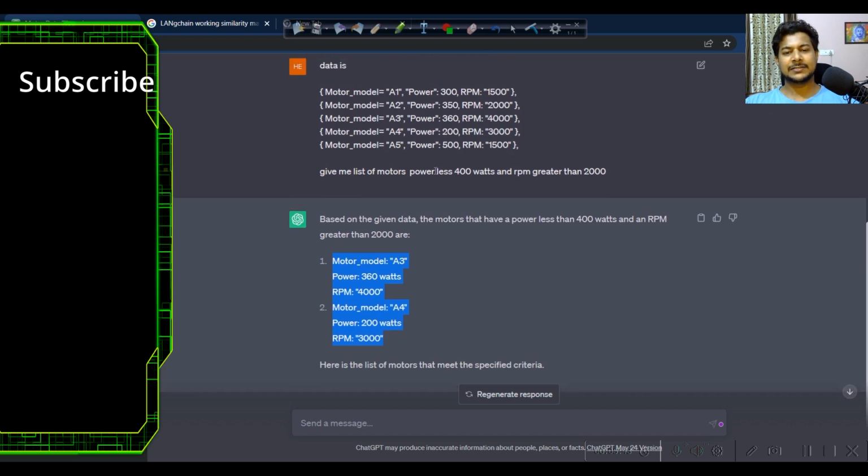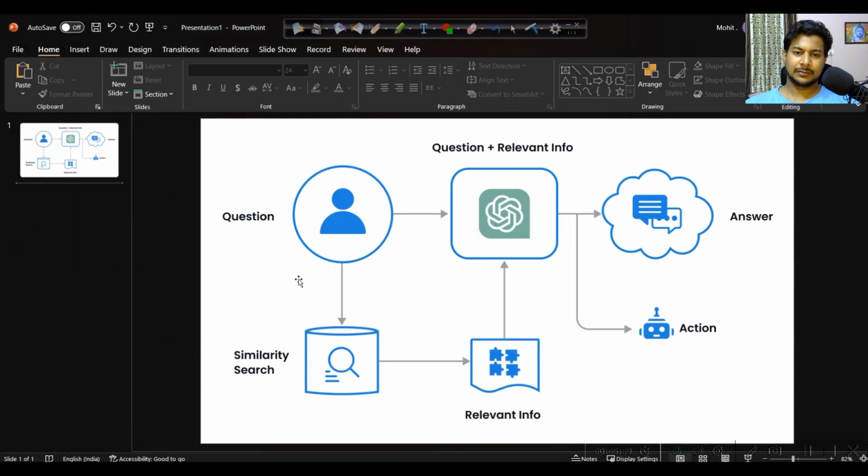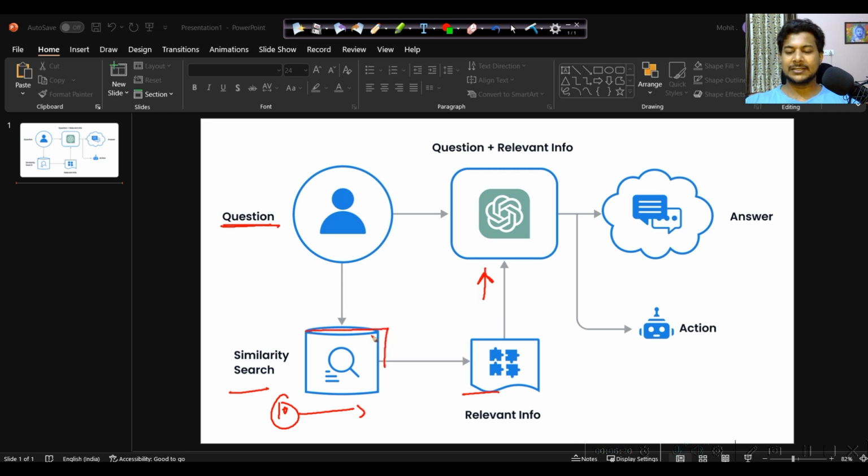So the LLM can give us an accurate result, but the problem is, consider if this size is very large. Consider I have 10,000 records, so it is not possible to send all the records to the LLM. So we first perform similarity matching, and once we get the top 10 records, these top 10 records will be sent to OpenAI, meaning the LLM. The LLM finds the answer to the user's question from those records. So accuracy lies here, because in this kind of record,